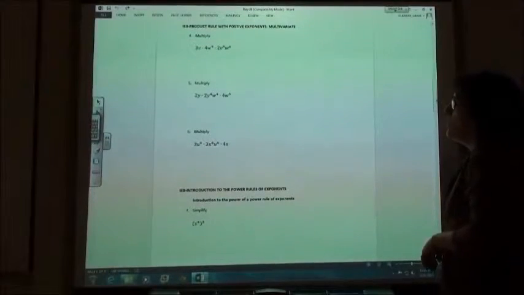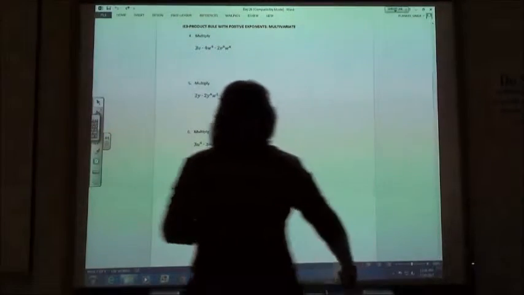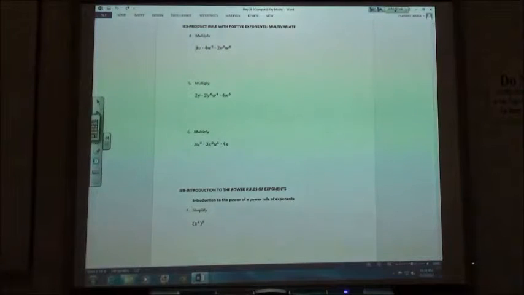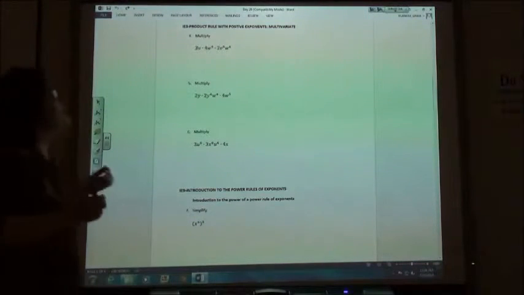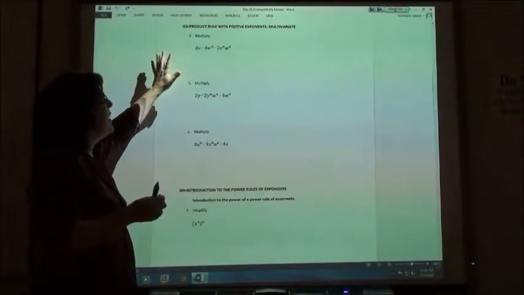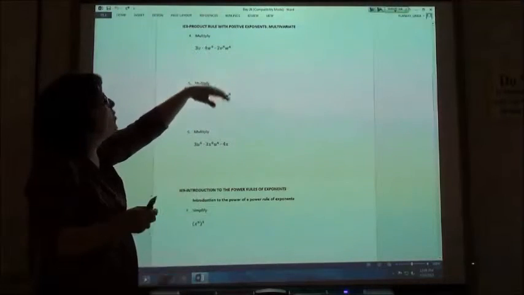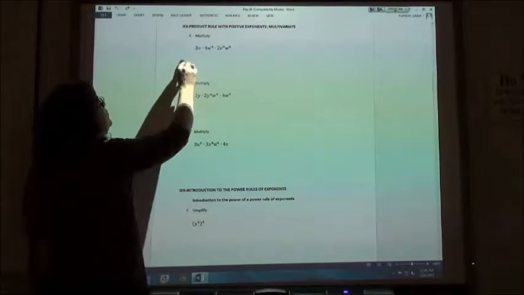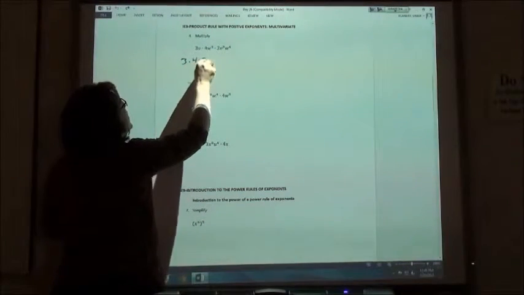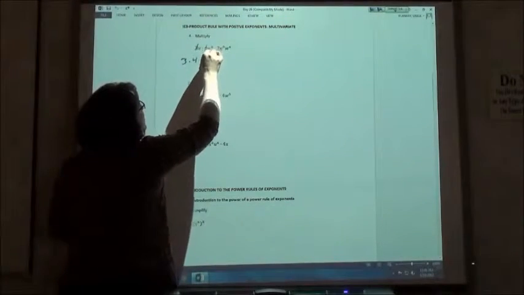So now we're going to put it in terms of what they call multivariate expressions. I've got more than one variable. Basically, when I'm multiplying, I could have a dot between every one of those things, but we usually don't put a dot between our number and our variable. What we're going to do is just rearrange this and put all our numbers together, all our v's together, all our w's together. So we're going to do 3 times 4 times 2, doing the coefficients of each of